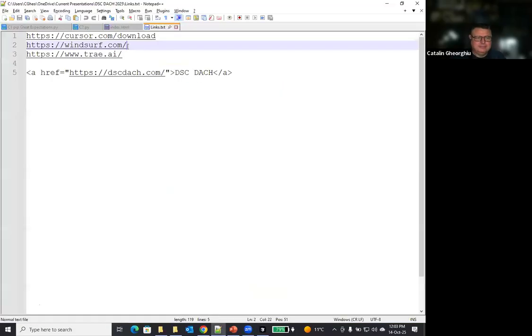So the next tool, which I'm gonna talk a bit about, will be this one. Again, you download it. You can do all the steps. We can do all the steps together. Again, it's a fork of VS Code.